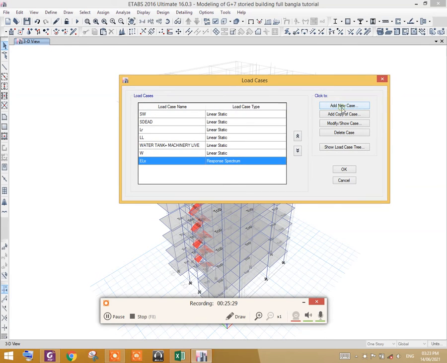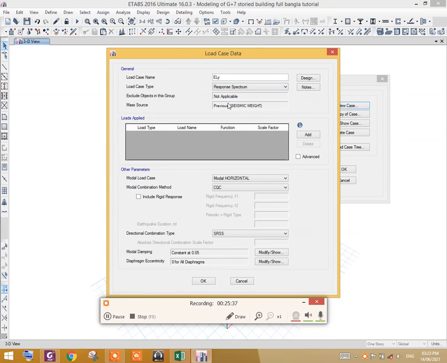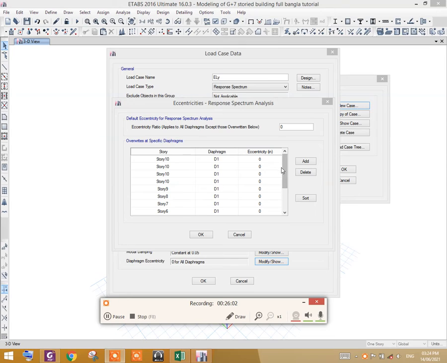Now click again, add new case. Give it name ELY. Select response spectrum. Add acceleration in the U2 direction. Select the function as horizontal, and this is for modal. We have to put the values of EX here, because in the Y direction the loads will be perpendicular to x-axis.